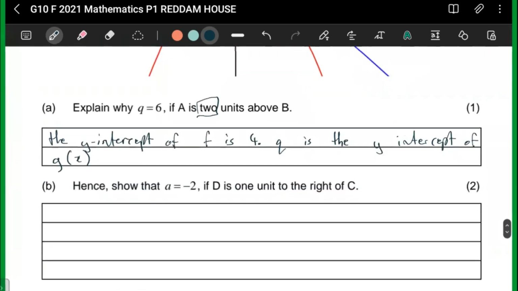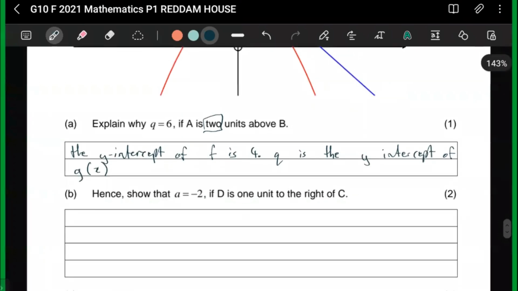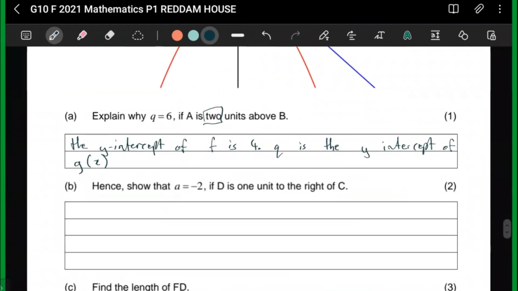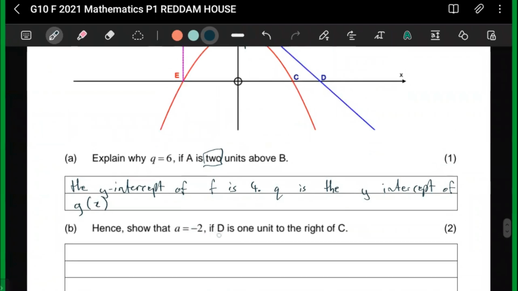Here this says, hence show that A is a -2 if D is 1 unit to the left of C. So D is 1 unit. Whoa. If D is 1 unit to the right of C. Really, how did I read left when it was saying right? Wow, that's just so weird. But anyways, yeah, they said here,